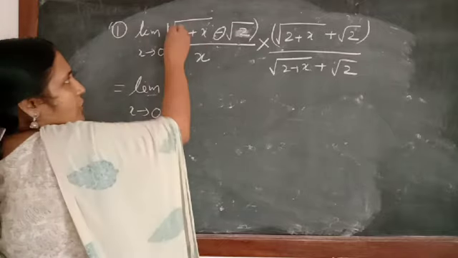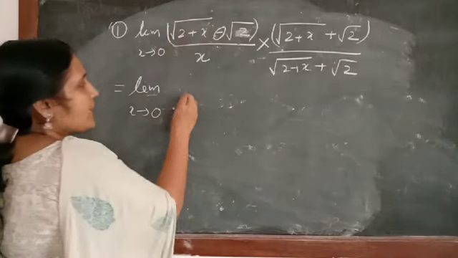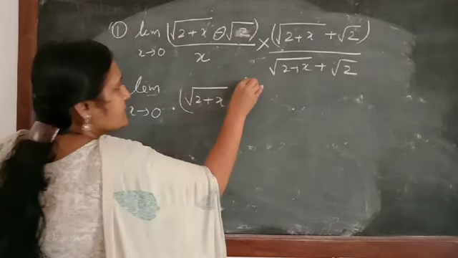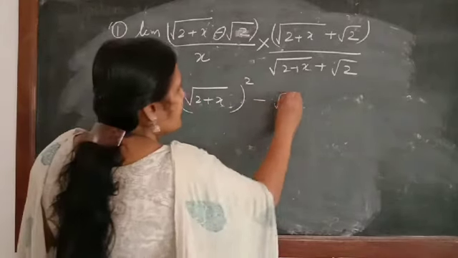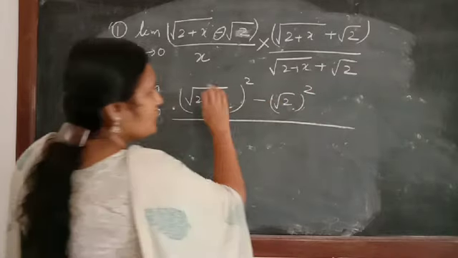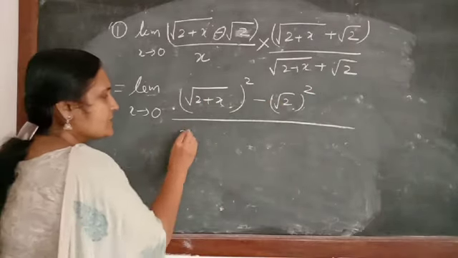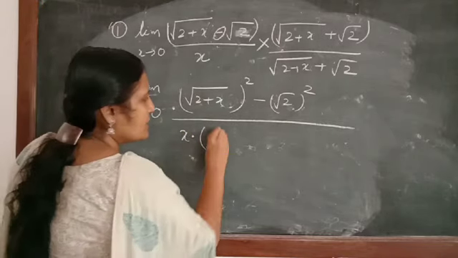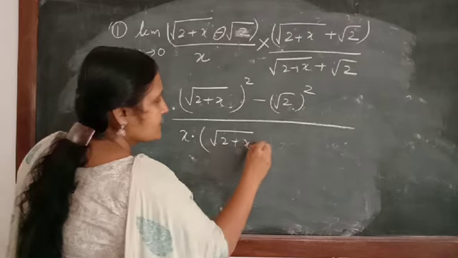In place of a, what we have? Root 2 plus x. So it will be equal to root 2 plus x the whole square minus root 2 square by denominator. You don't have to do anything. Just rewrite the denominator as it is. X into, remaining is here, root 2 plus x